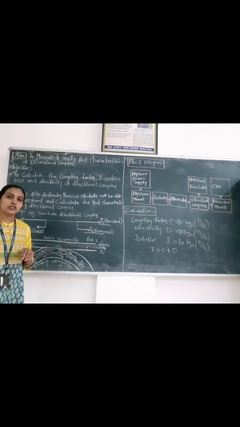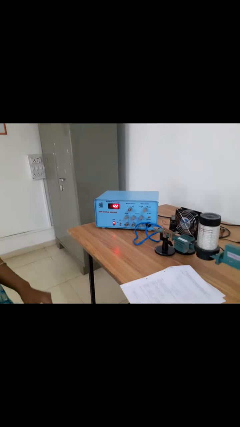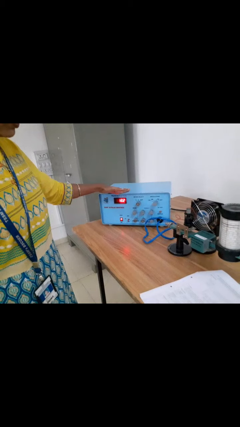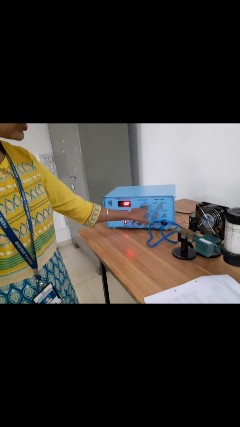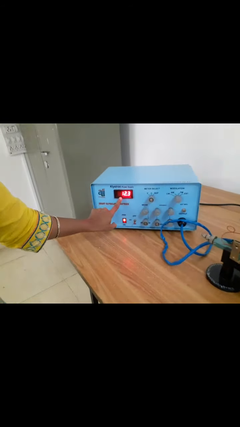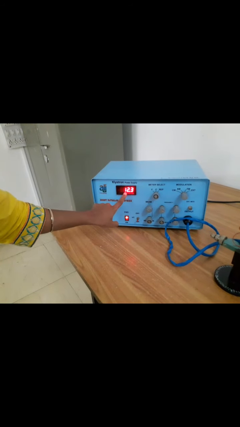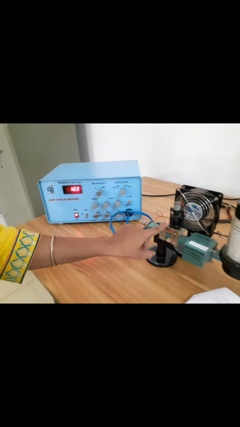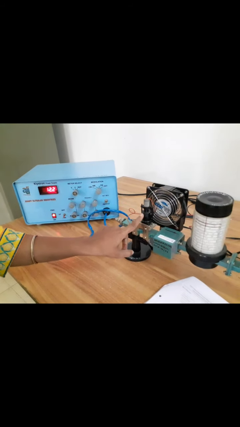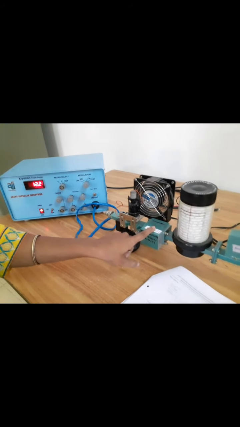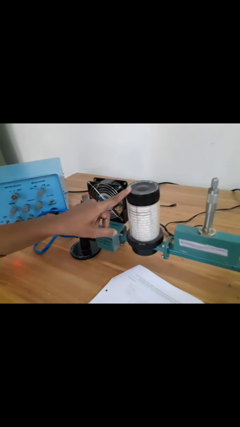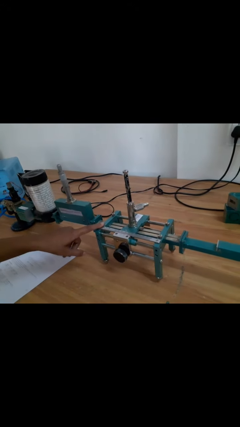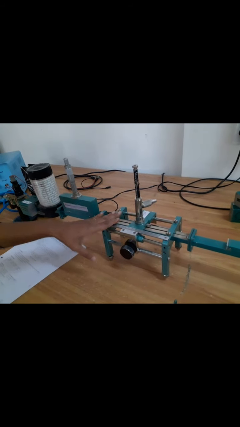Now let's move towards the setup. So this is our setup. As per our block diagram, this is a Klystron power supply where we have set the beam voltage and repeller voltage. Here you can see on the screen the current. It should always be greater than 10. Now this power supply is connected to the Klystron tube. This is the generator. Next to the generator an isolator block is connected, then a frequency meter, an attenuator, and this is a VSWR meter. Here we have a slotted section from which we can measure the VSWR.